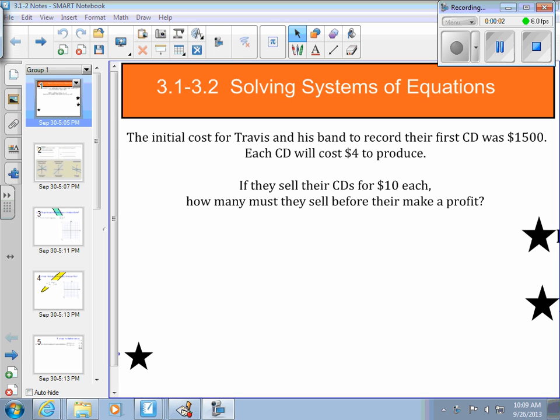In chapter 2, we looked at one equation. In chapter 3 here, we're going to start looking at where you have more than one equation, or a system of equations. This first problem on your note sheet says the initial cost for Travis and his band to record